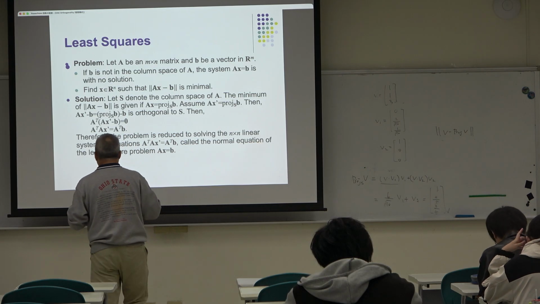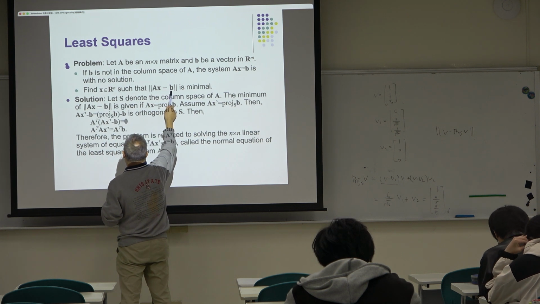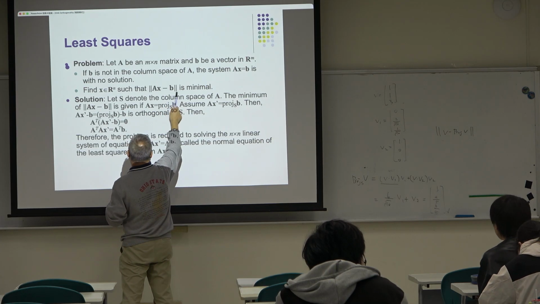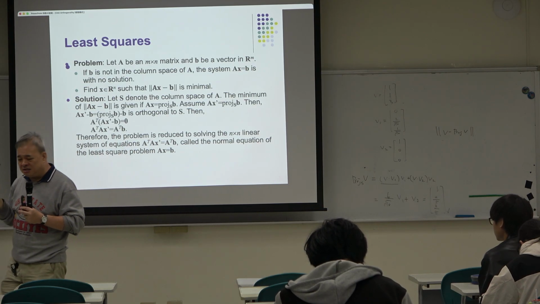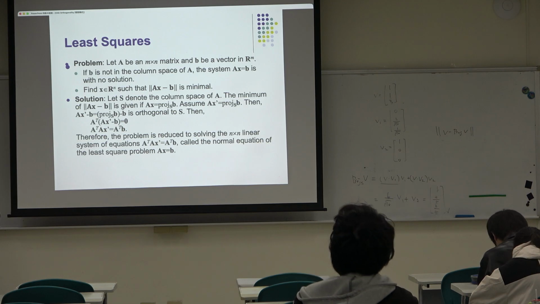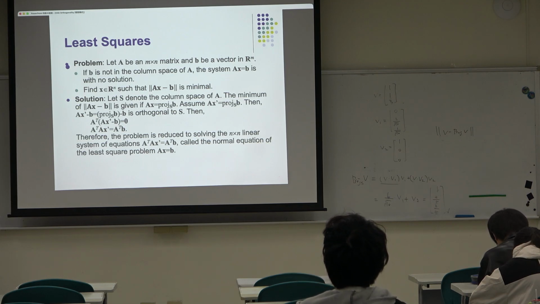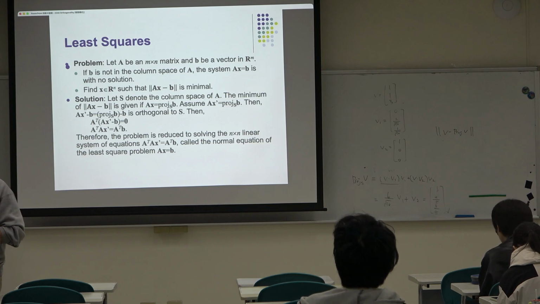But it will still be meaningful if you could find an x such that the norm of Ax minus b is minimal. It is still meaningful to find such a thing. We know Ax equal to b has no solution because b is not spanned by the column vectors. But if we can find something that is very close to b, then it's still useful. Actually, it is very, very useful. One thing I can tell you is that,